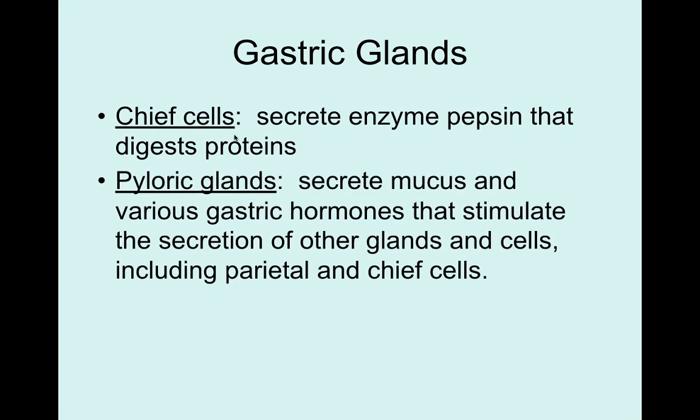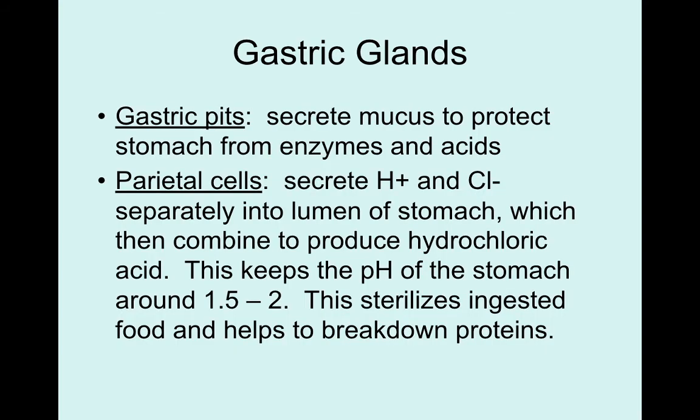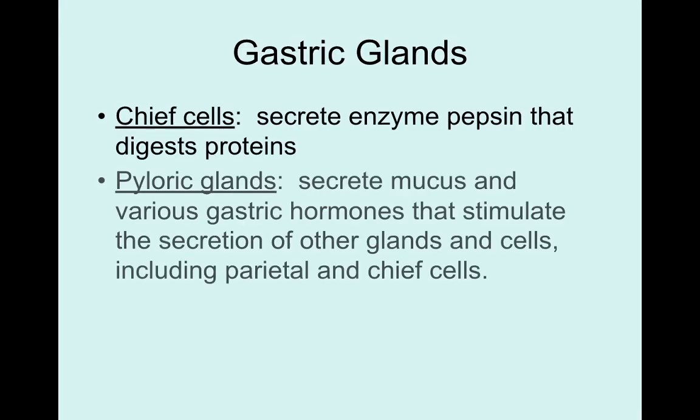And then we have pyloric glands. Obviously, those pyloric glands are going to be in the pylorus. The chief cells and the parietal cells are going to be in the body. And then the gastric pits are going to be in the cardiac region. The pyloric glands secrete mucus and gastric hormones that stimulate the secretion of other glands and cells, including the parietal